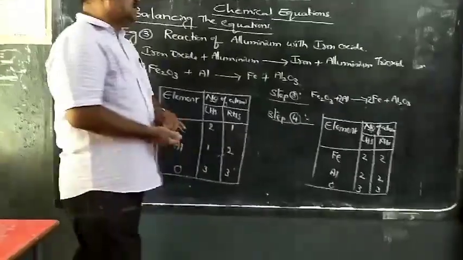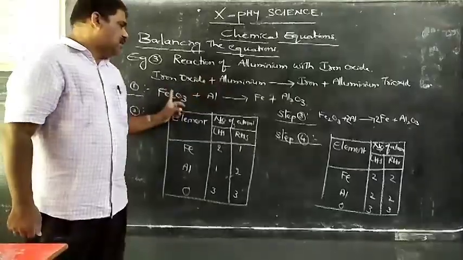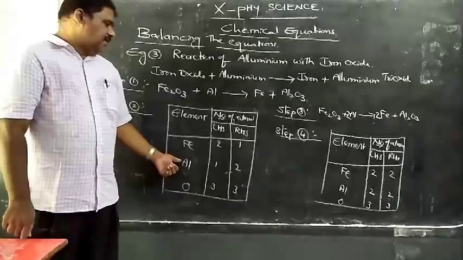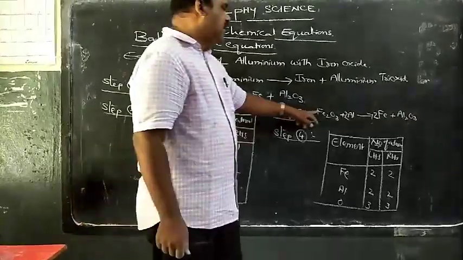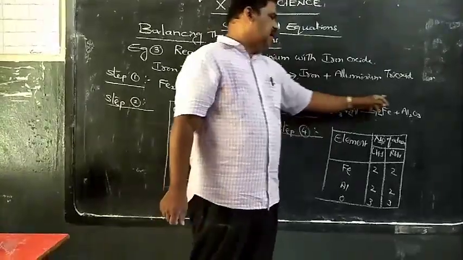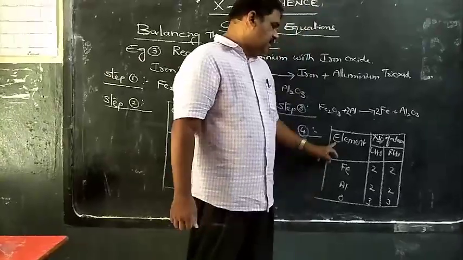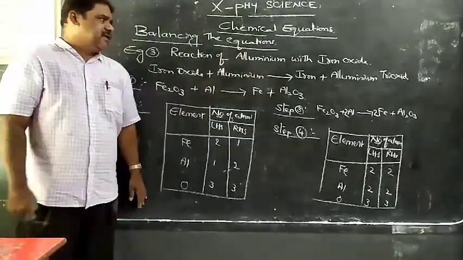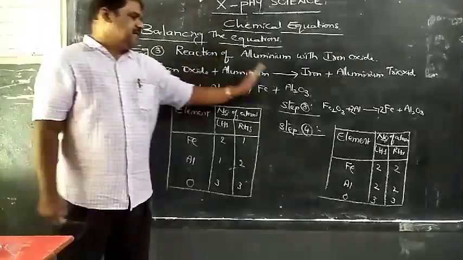So like this there are steps to balance the equation. First step: we should write the reactants and products with their chemical formulae. Second step: we should balance the equation by seeing the number of atoms of each element on the left side and right side. Third step: if any common factor is there in the coefficients, we can take it out, otherwise keep it like that. In the fourth step, we should cross check the equation once, whether it is balanced or not. Like this, there are 4 steps to balance an equation. So a balanced equation means the number of atoms of an element on the left side and right side should be the same.